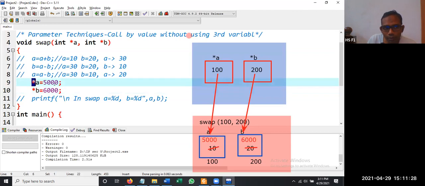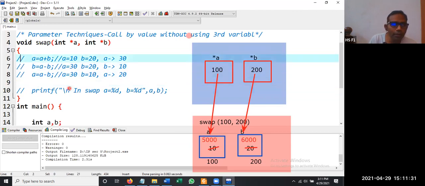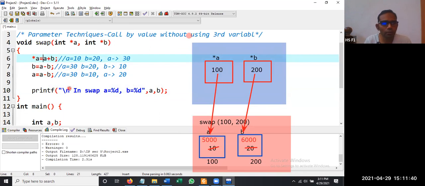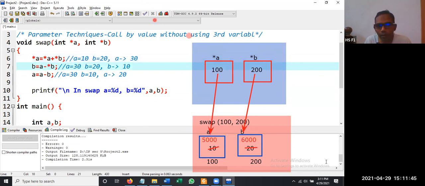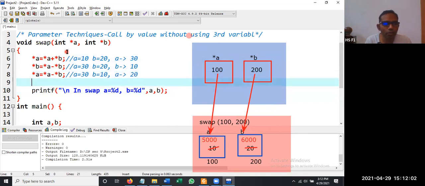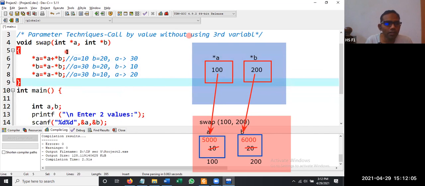So now what we are doing is we are removing this code and we are converting this normal code into pointers code. Now wherever A is there, keep a star A. Wherever A is there, keep a star, asterisk, value at address. We are changing the values, or we are swapping in this memory location, not over here. Here we are having only addresses. So after this class, I'll be sharing the video. Watch this video again till you understand this concept. In a single instance, you may not understand it. So this function is having only the code related to swapping.